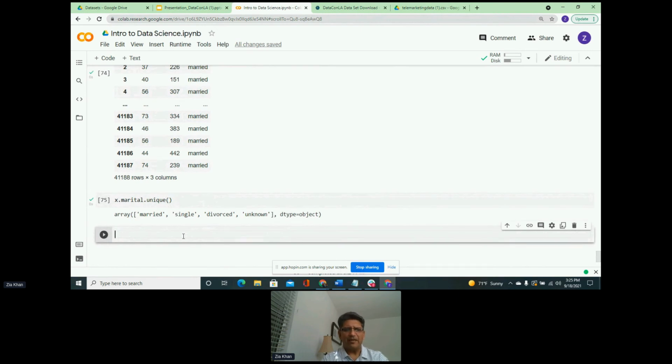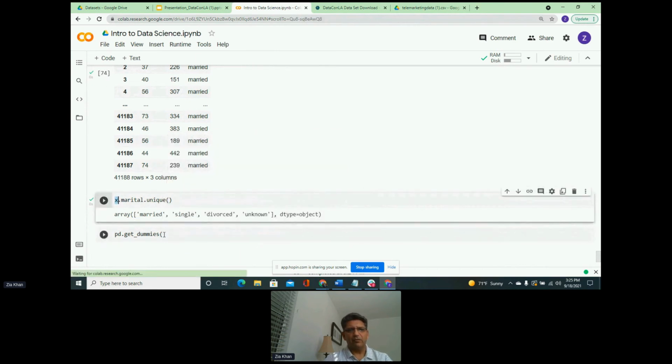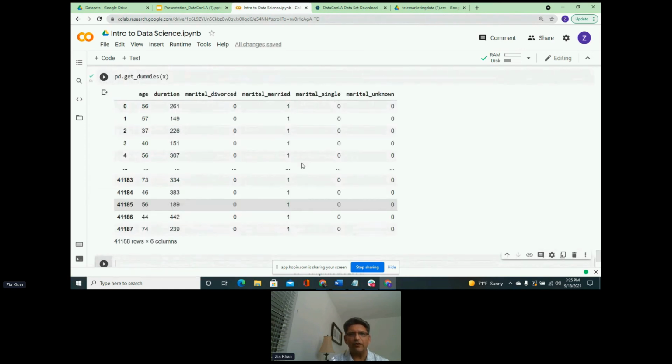Very simple. Pandas gives us the ability to do get_dummies, and we pass the data, which is X, in there. This data set we pass in this get_dummies function within pandas, and it creates one-hot encoding for us.